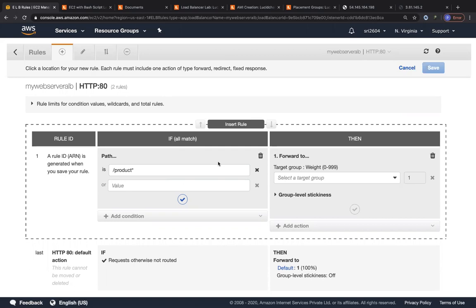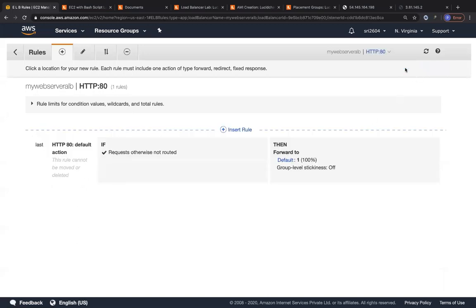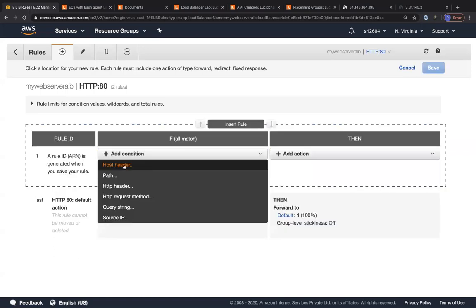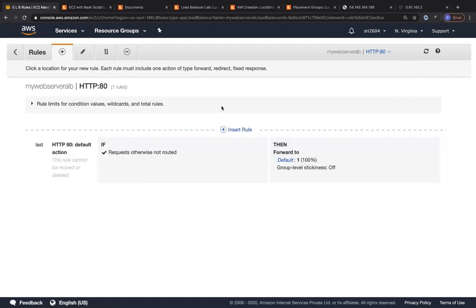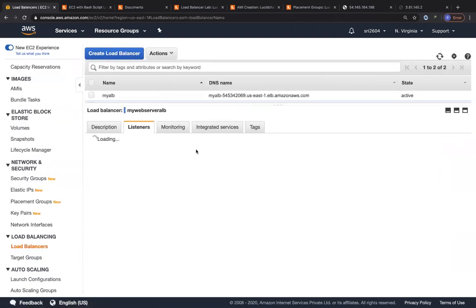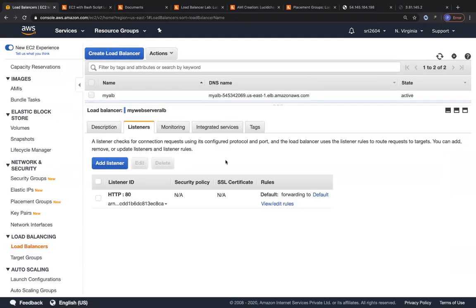Just know that we will do that respective microservice lab a little bit later, or probably at the end of our session. And it's very important that you remember going into the exam that you can also have path-based routing, or you can also have host header routing. If we cancel this, you can add a new rule, and you can see that we can also have host header based routing, path based routing, query string based routing, source IP based routing, and so on. All these are possible with the load balancer. But for your exam, just remember that you can go with normal routing as well as path based routing. That's more than enough. So this is where you modify all of those. That's regarding listeners and the routing capabilities of a load balancer.